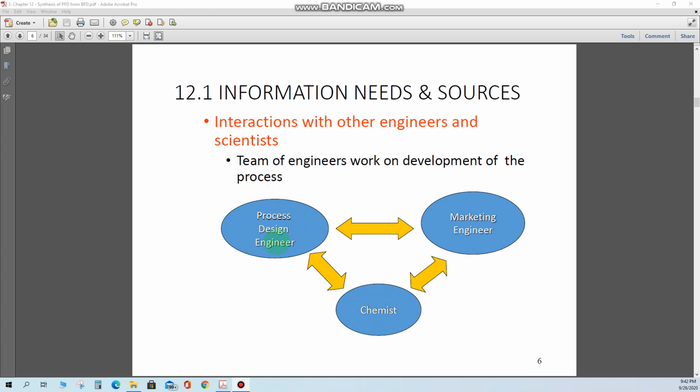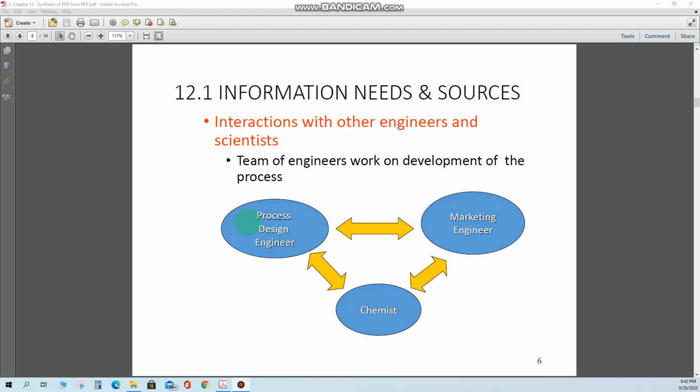Now what should be the role of this process design engineer? You might have some information on this one. What is the main role? He has to make different process alternatives, and he can develop the pathways to make the product. So that is the main concern: how different raw materials can be converted into products, what different pathways can be considered, and what the recycle structure of the process could be. All of these factors will influence the product quality and the economics of the process. Then what could be the other roles of this process engineer?